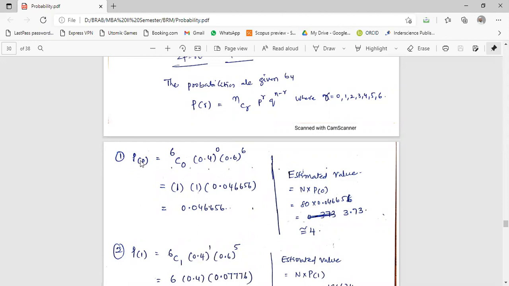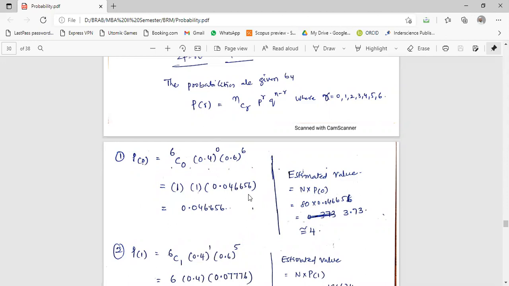So determination of the probability that it will fall at 0. P of 0 is equal to, you know the formula, 6C0 into 0.4 whole power 0 into 0.6 whole power 6. So 6C0, if you solve, you will get 1. It is a shortcut because nC0 is equal to 1. Likewise, 6C0 is also equal to 1. Now something to the power 0 is also 1. A power 0 is equal to 1. So 0.4 power 0 is equal to 1. Next, 0.6 whole power 6 is equal to